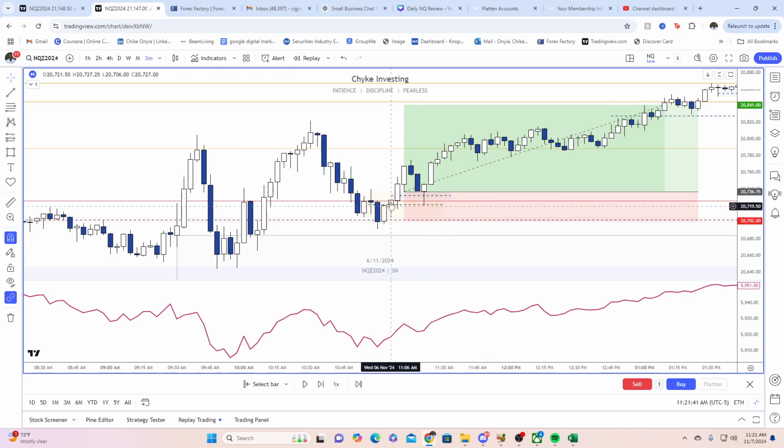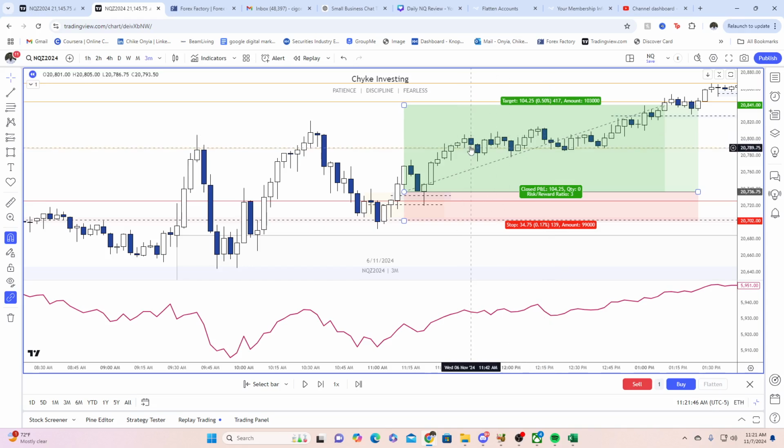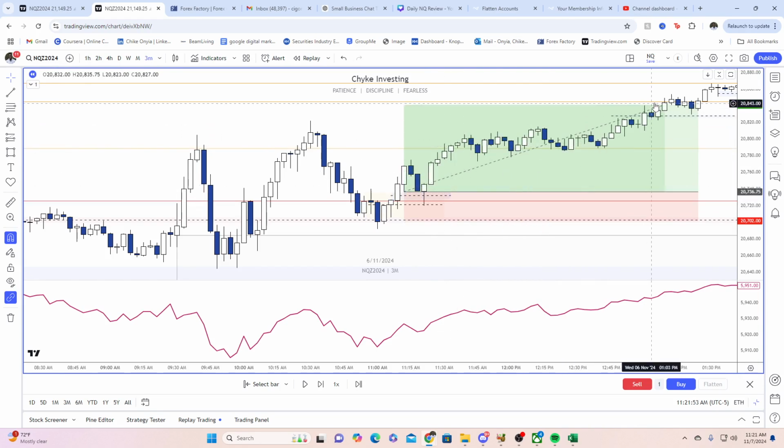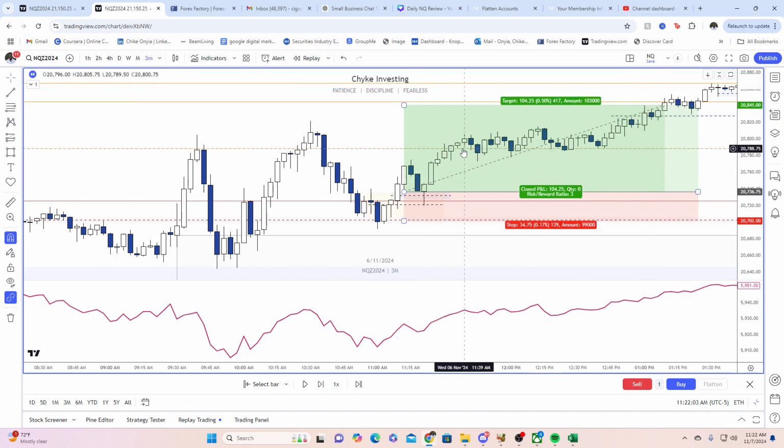And so you see here, we break out that low, and then we come back to the fair value gap, and then we go higher, right? We're hovering around this previous week high for a little while, at which point, around this halfway line, I'd have taken out half my trade, moved it to break even, and then let the rest ride to 1 to 3, so that way I'm actually making a 1 to 2, right? If you don't know the math on that, ask ChatGPT. It makes sense, right? If you take out half your trade at 1.5 and hold the rest until 3, that's going to give you a 1 to 2. That's because half of your trade is making 1.5 and half of your trade is making 3. So that equals 2, if you do a weighted average. And so that's a 1 to 2 right there.